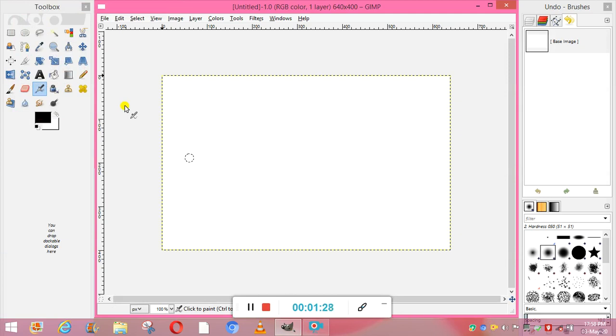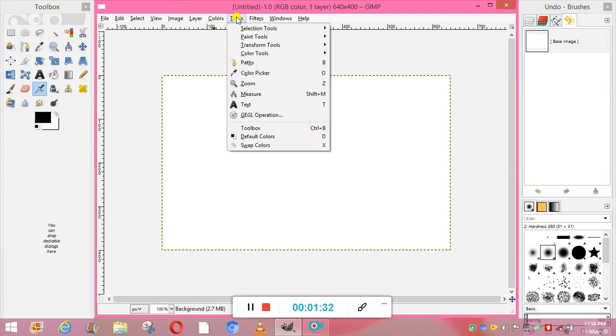So on the image window, click the tools menu. In the tools menu you will see various tools provided, like selection tool, pen tool, transform tool, crop tool, path, color picker, zoom, measure, text, GEGL operation, toolbox, default color, swap colors, all these.